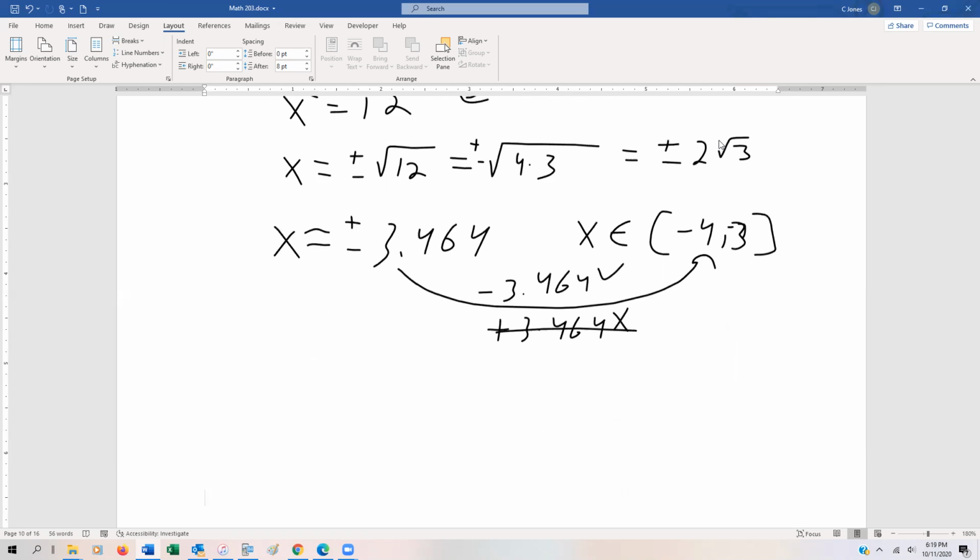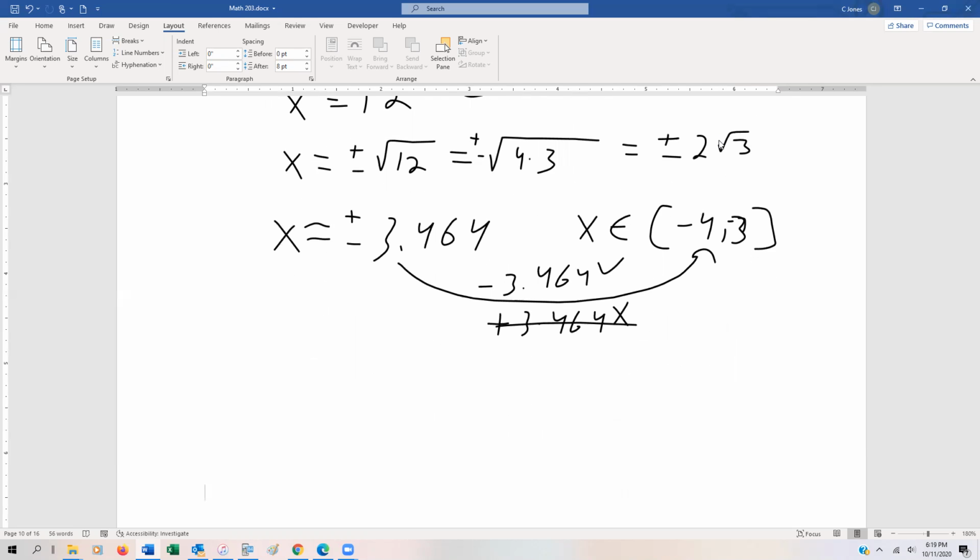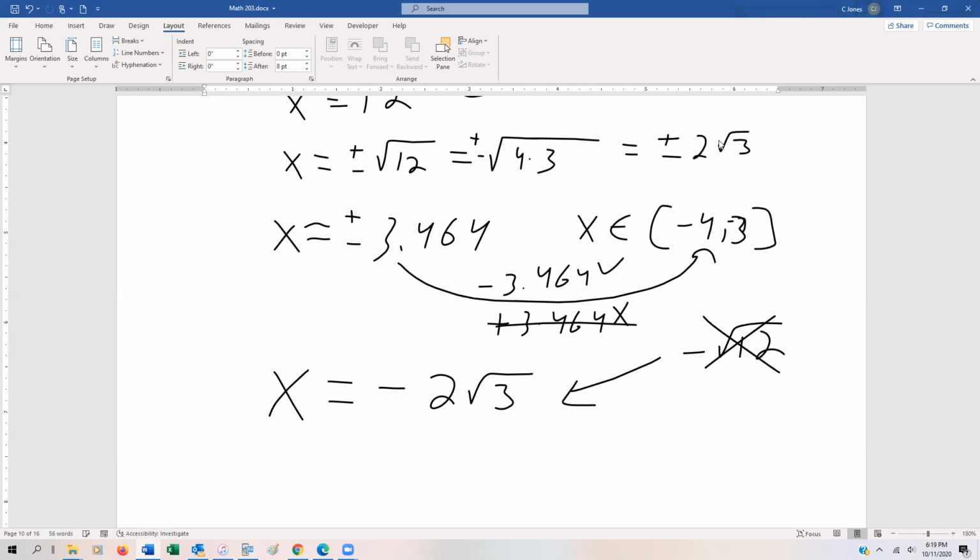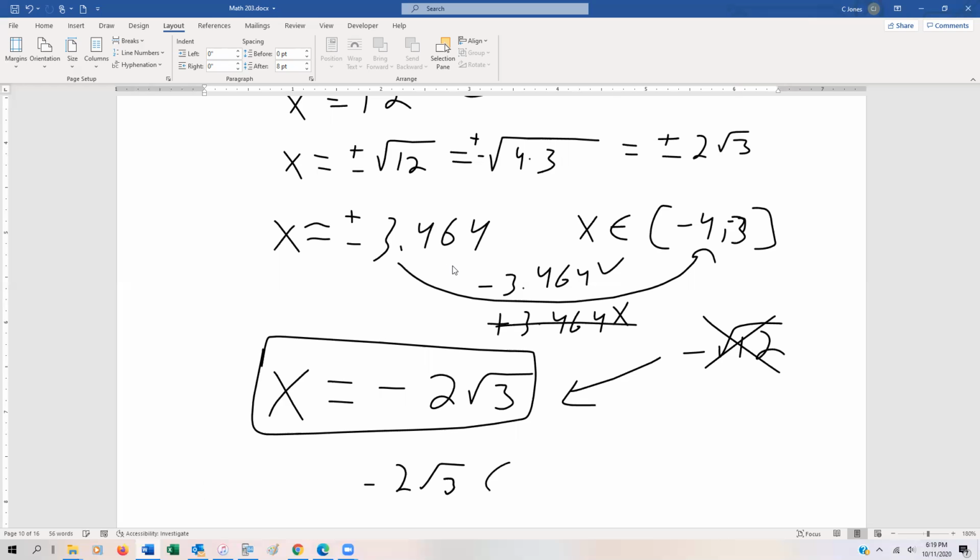And of course, with MyMathLab, we don't want to go for the approximations unless it specifically says so. And this one wants the exact value. So the exact value is going to be -2 roots of 3. Now be careful, if you input it as -√12, it might mark you wrong because you haven't completely simplified it. So you want to make sure that when you put the answer in, you write it in the exact value, in the simplified term. So this is probably going to be the simplest version that we can. And this is good because -2 roots of 3 is an element of the given interval,